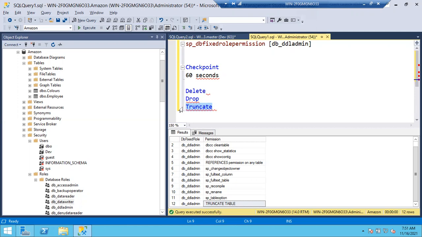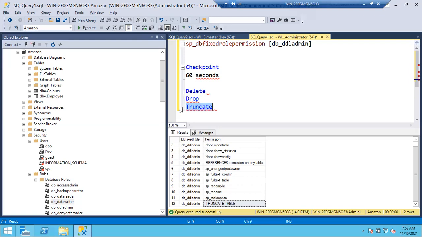Delete will delete the records one by one, whereas truncate is a kind of flush. It removes all records at a time. The table will be there, but you don't find the records in the table. If you use truncate table name, it deletes all the records at a time.